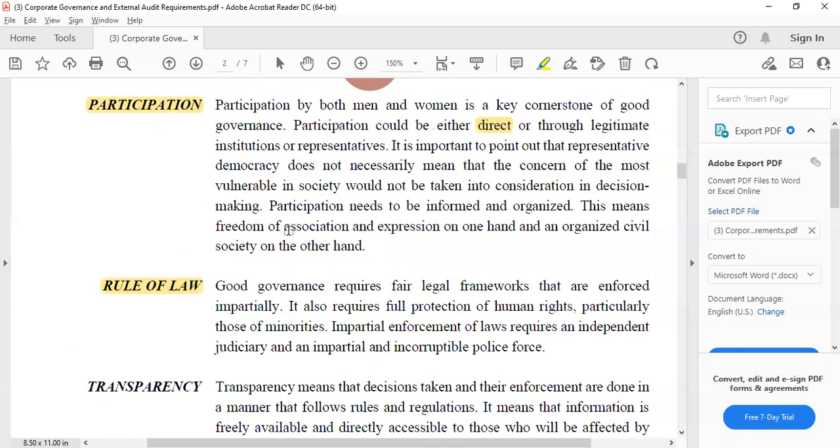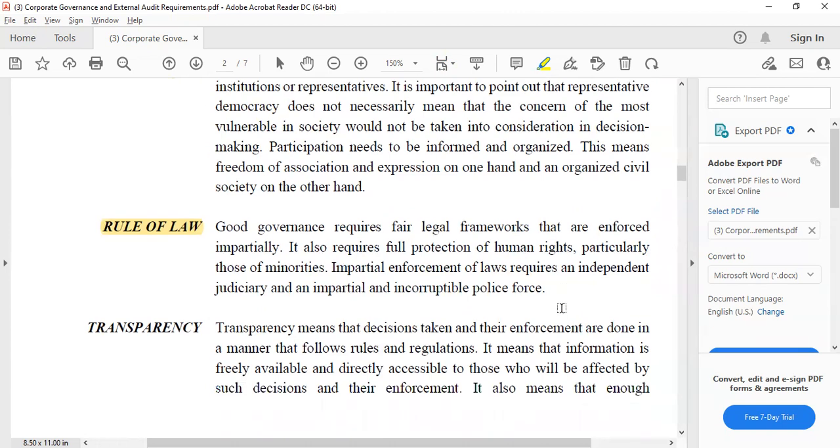Okay, rule of law as a characteristic means that good governance requires fair legal frameworks that are enforced impartially. So it also requires full protection of human rights, particularly those of minorities. Impartial enforcement of laws requires an independent judiciary and an impartial and incorruptible police force. So this is governance in general, but if you are to apply this in a corporate setting, this means that